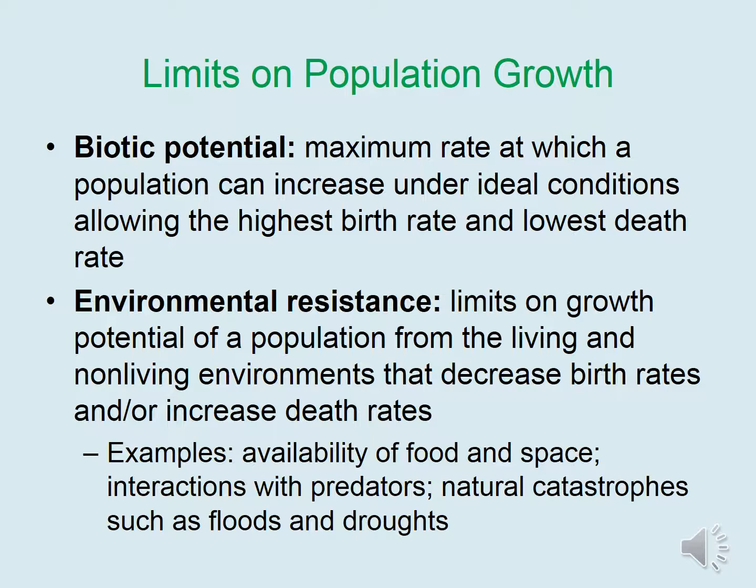Biotic potential is the maximum rate at which a population can increase under ideal conditions, which allow the highest possible birth rate and lowest possible death rate. However, this biotic potential is often limited by environmental resistance, which is a limit on the growth potential of a population that comes from both the living and non-living environments to decrease birth rates and/or increase death rates. Examples of environmental resistance include availability of food and space, interaction with predators, and natural catastrophes such as floods and